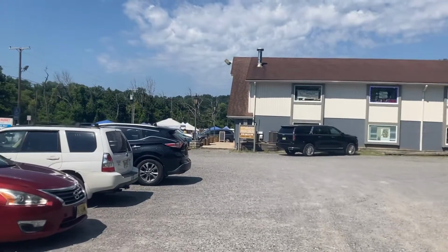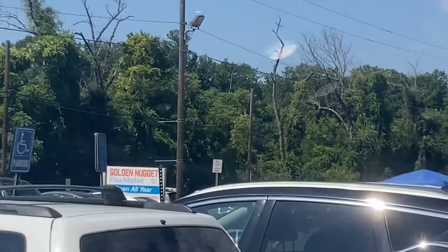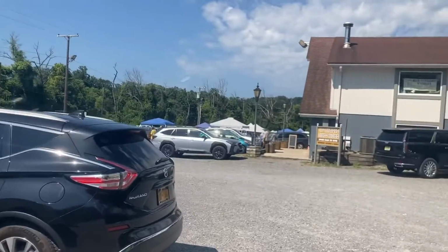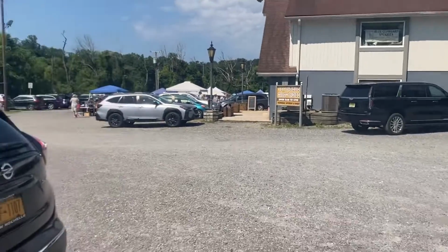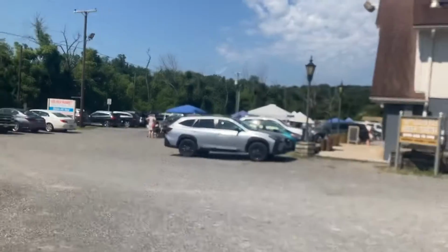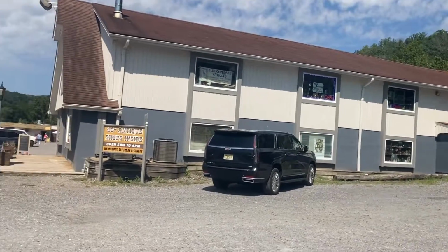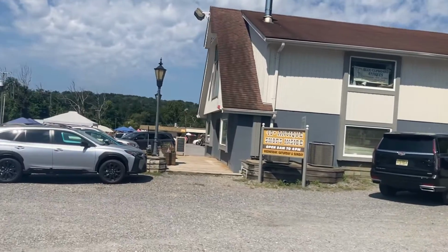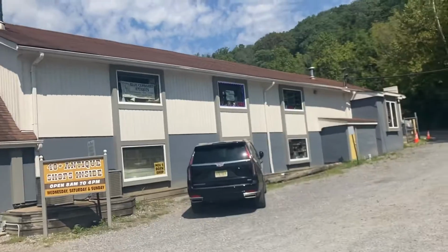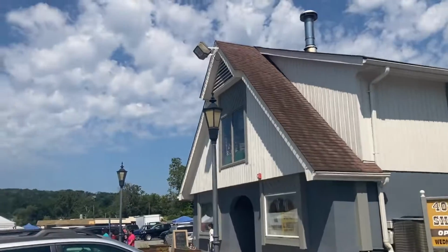Hello everybody. Today I am at the Golden Nugget Flea Market in Lambertville, New Jersey. This is an outdoor and indoor flea market where there is a lot of room for displaying and selling things outside. But then there are also several buildings on the property. This is the main one, where there are dozens of stores selling many different items ranging from jewelry to furniture